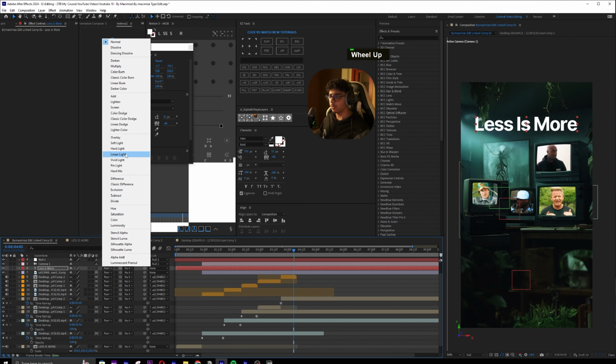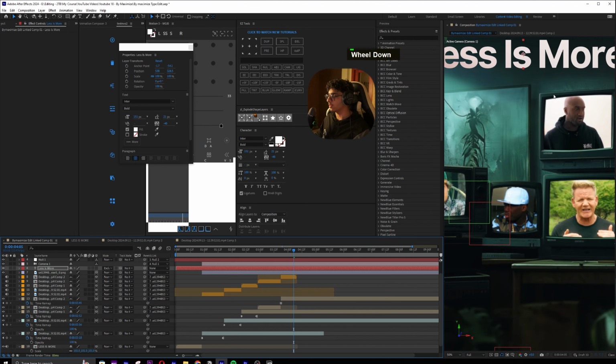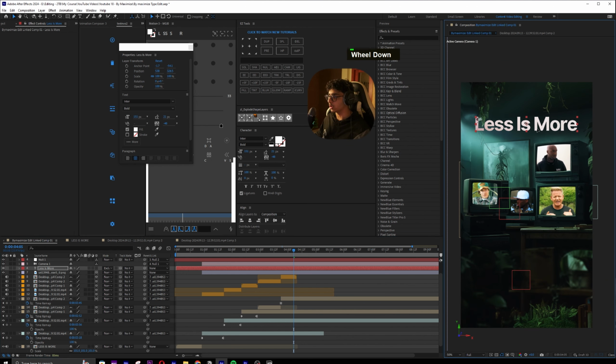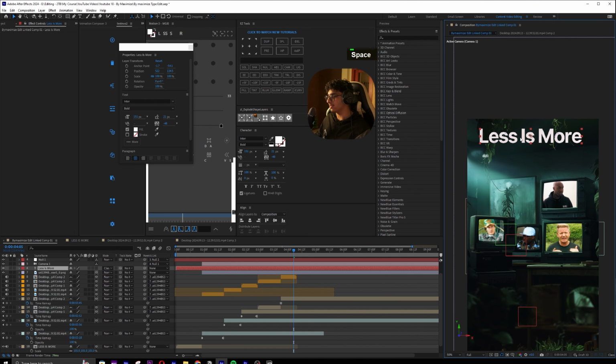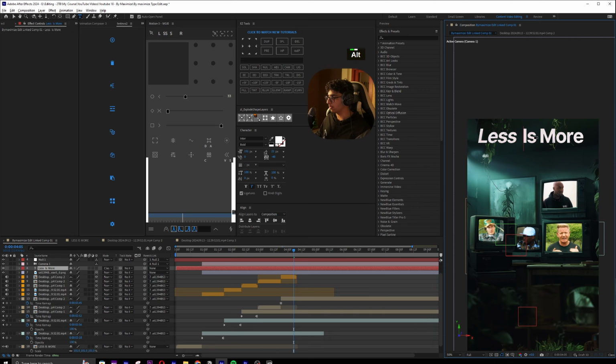And I'm going to go to mode and do exclusion. So what happens is that we have the exclusion effect. This is what most of these creators use. I'll have this like this, and I'll do a double space between them, and I'll have both of these thinner, so medium, and it's going to say less is more.